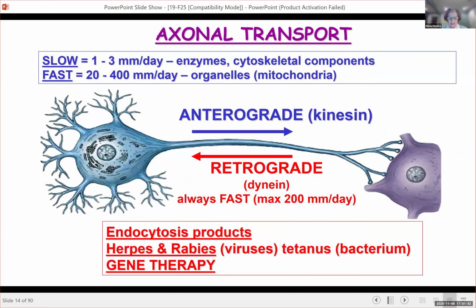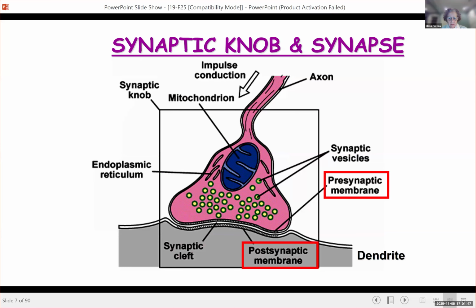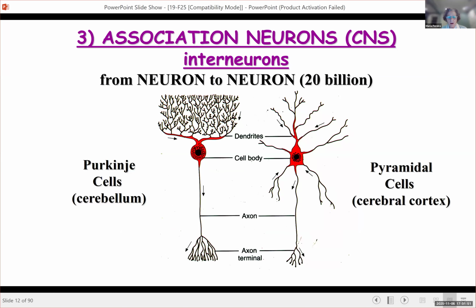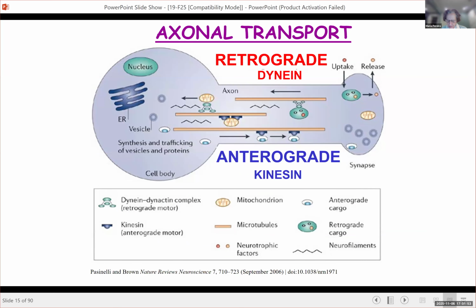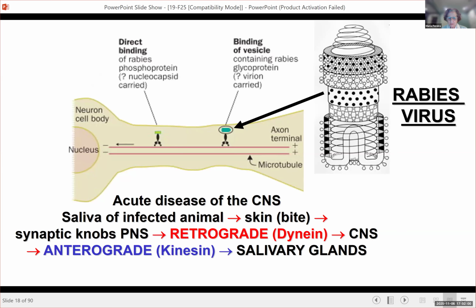Well, the slide said synaptic knobs. Where? Oh, let me see. Oh, I see what you mean. With the virus, right? Here. I don't know, but